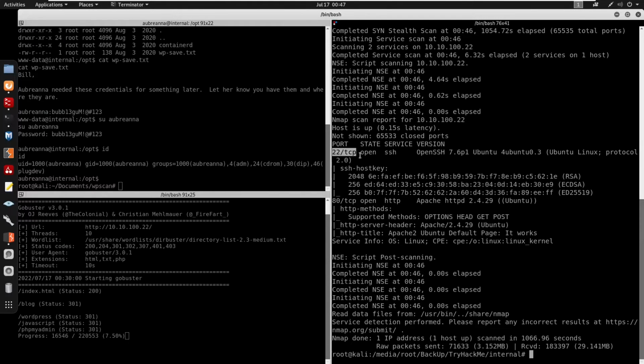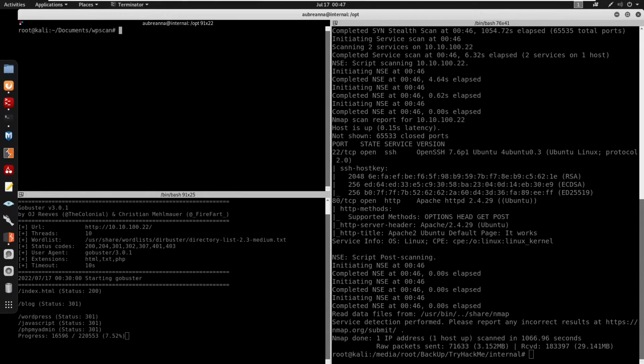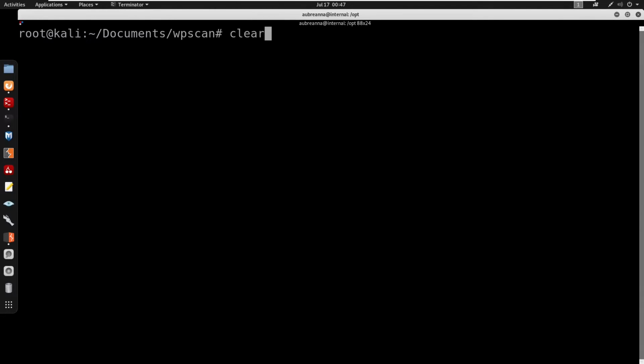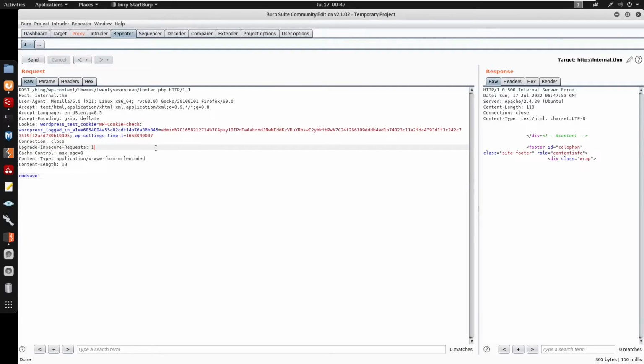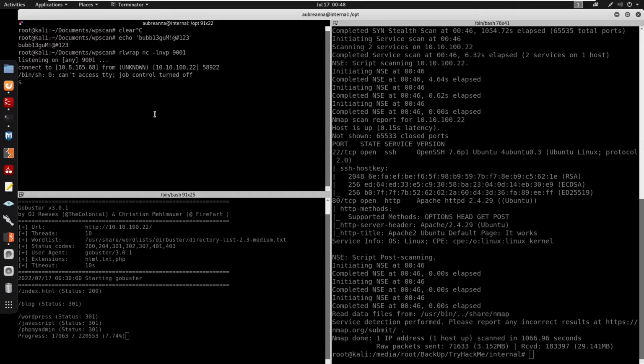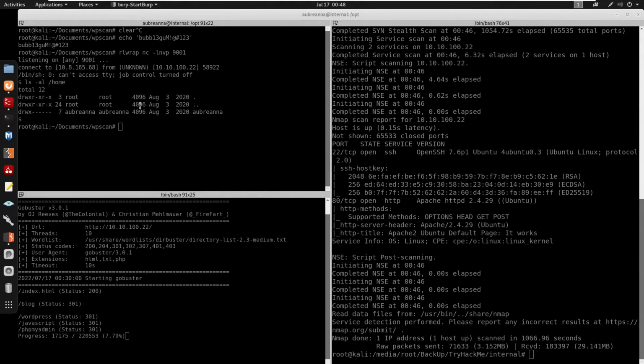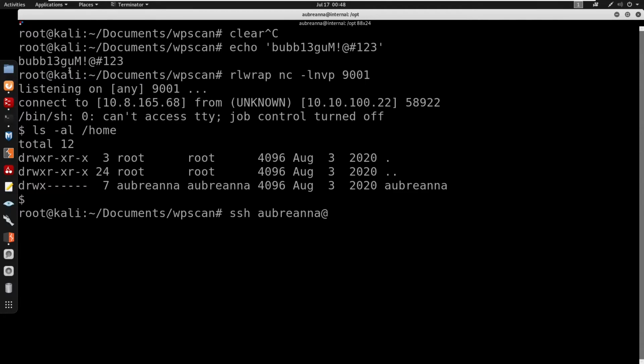We did have port 22 open for SSH. So I'm just going to SSH into that user. I'm just going to echo the password out, which we did have. And we did have the user as, let me just get the user one more time. So we'll just ls myself under home. This is the user that we did have. Also the password, so SSH into user at, we did have the IP address as,